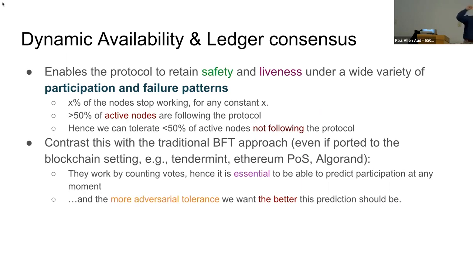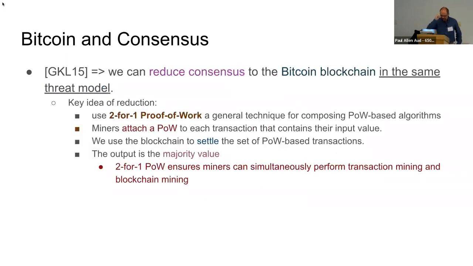So if participation, let's say, is 70% or 30% or 10%, the protocol still works as long as we have a majority of the honest nodes, or if you want, the majority of computational power. So, a useful distinction. Now, two problems which are shown in these first 10 slides.